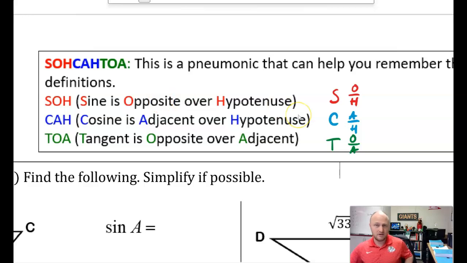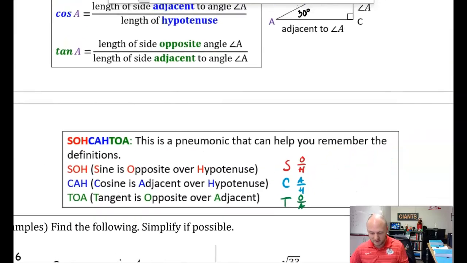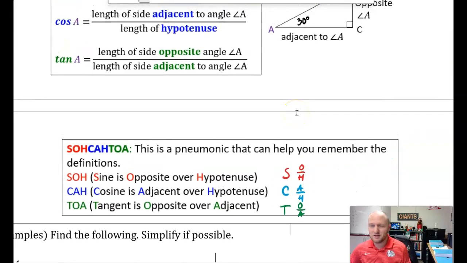SOHCAHTOA. Some people say it sounds like "suck a toe." I don't really hear that. Okay, but if that's your thing, sucking on toes, then be my guest. You can remember SOHCAHTOA that way. Okay, so